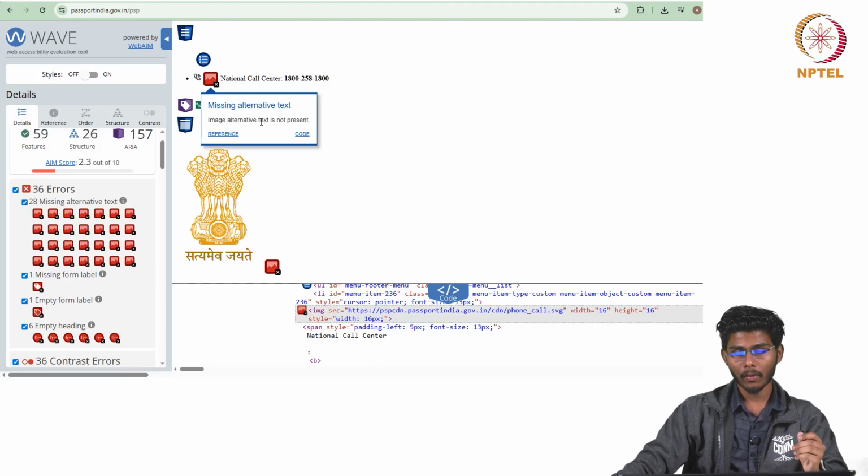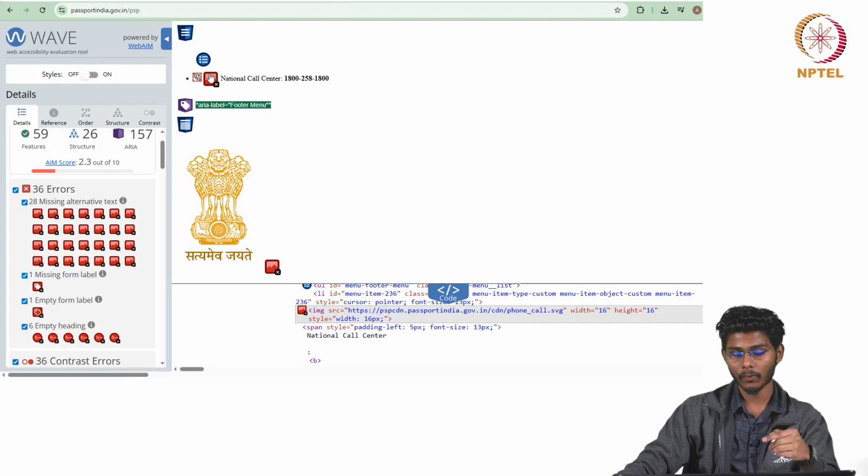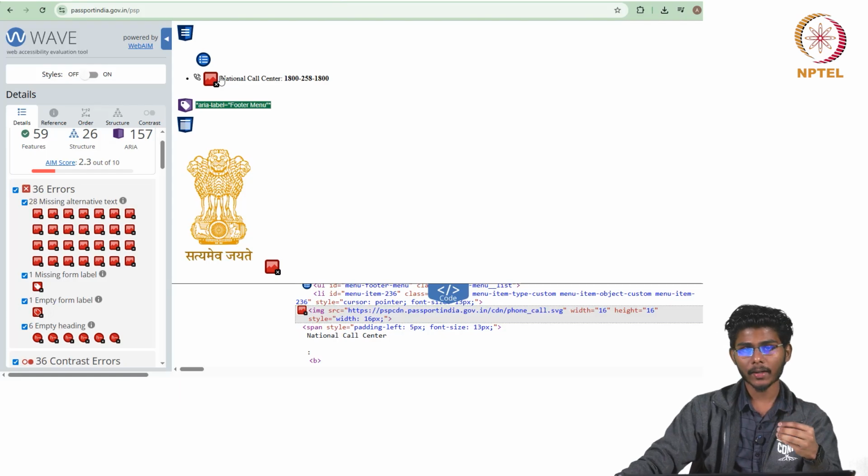What it does is, the alt text mentions what the image is, like the image is about the national call center. In technical terms, in the HTML, here there is no alt attribute. When we add an alt attribute text, it will mention that the image is a national call center.